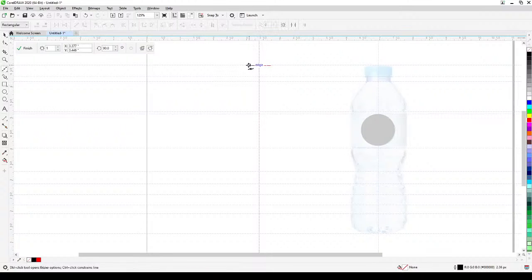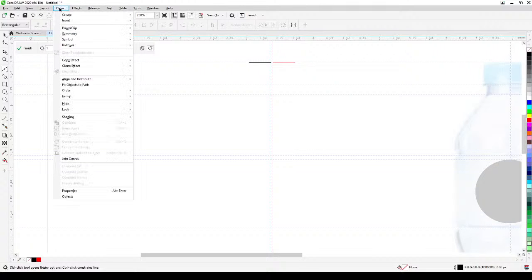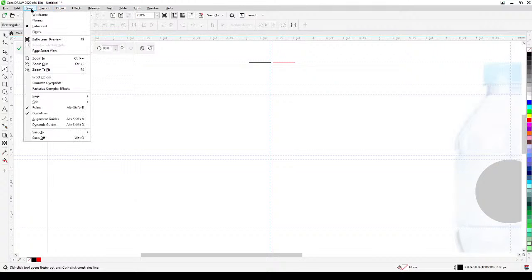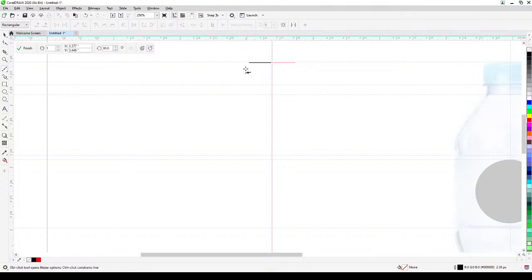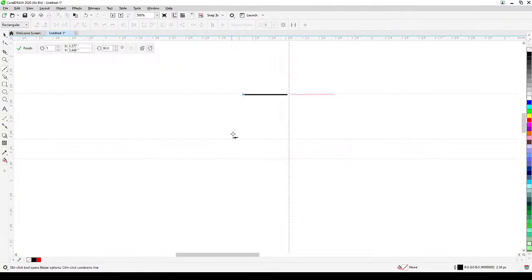So Bezier tool, make sure it starts in the endpoint. Or first of all, you have to go to View, Snap To, and click on Snap to Objects, so that you can see where the endpoint or the node is, and then we can start the